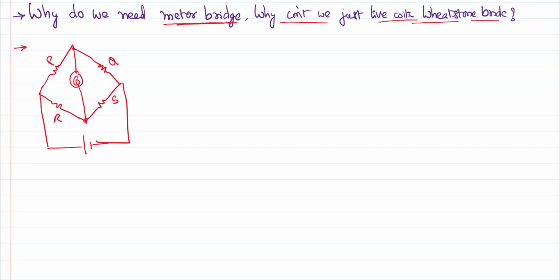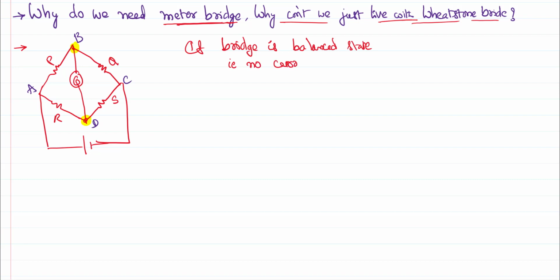We have proved that if the Wheatstone bridge is in balanced state, and you name these junctions A, B, C, D,